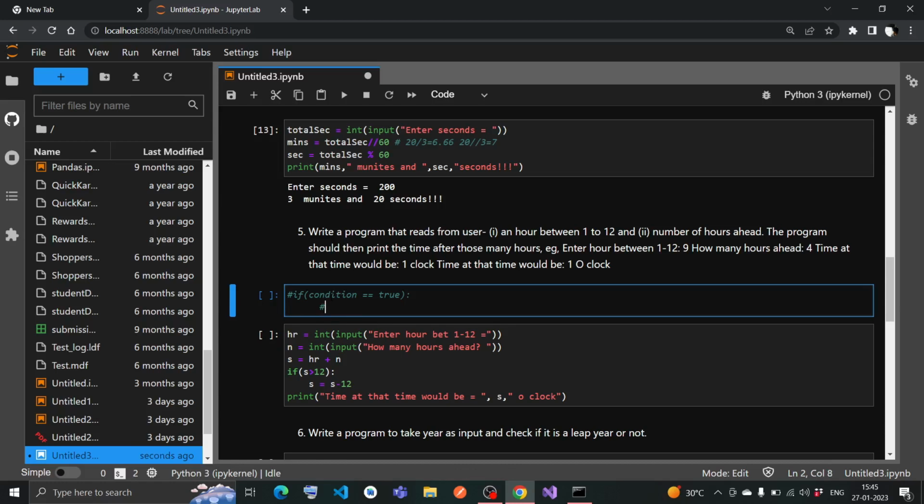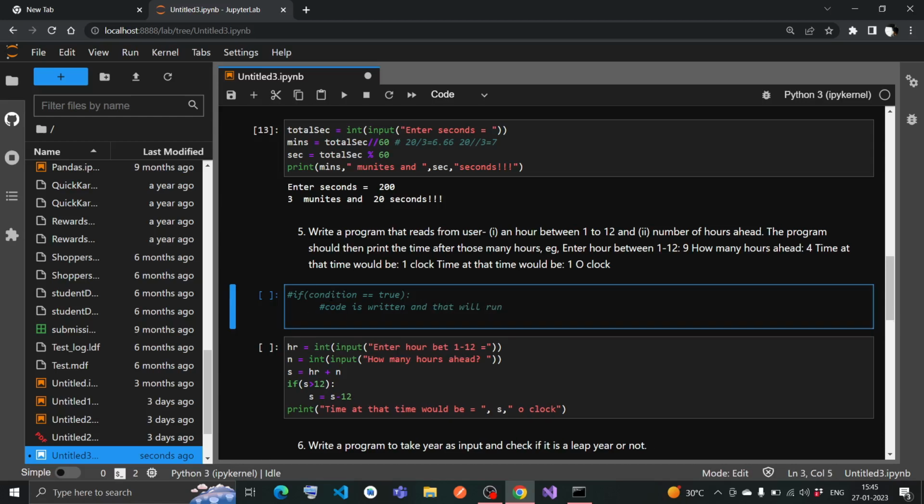some code is written and that will run. If this condition doesn't meet, or if this condition gets false, then this block will be skipped, and the other code will run. So if this condition is true, then this code will run, and then